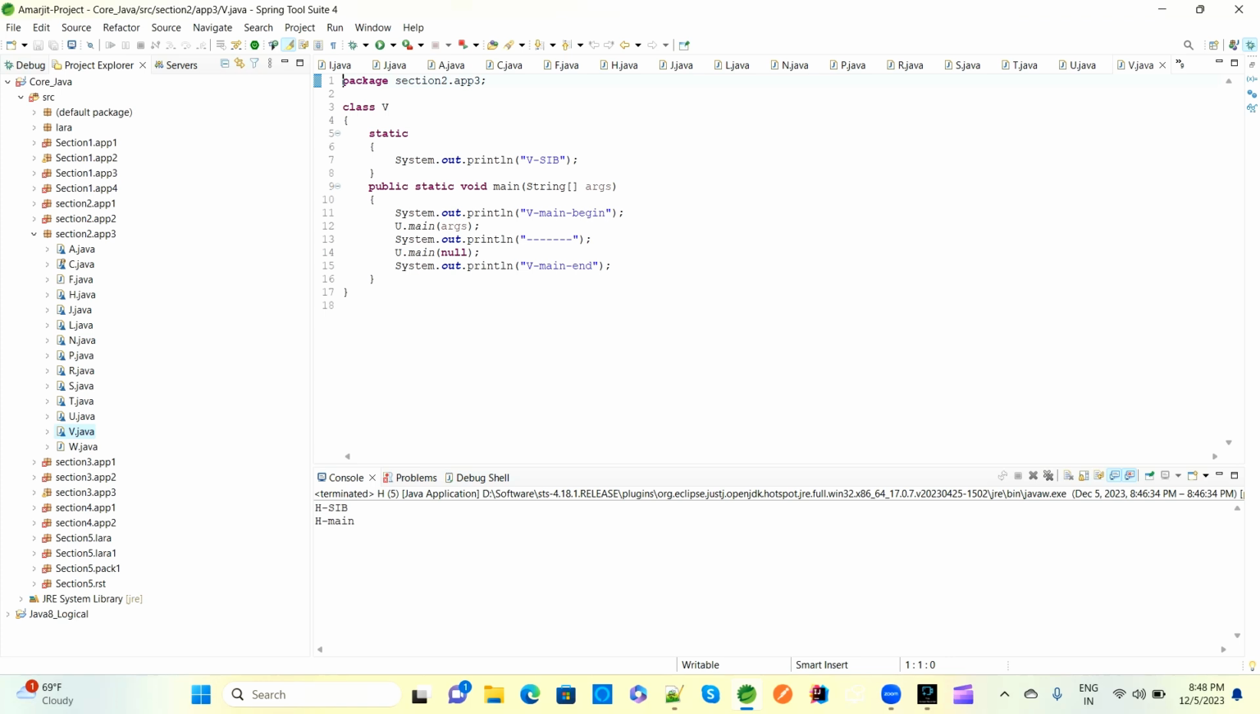Then the main method, main begin, then main args, then we have a SOP, then main begin, then U.main as null. This one is args and this one is null. So what is the difference between both? Once you run this program,